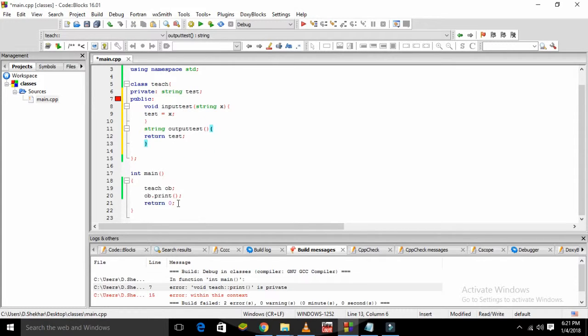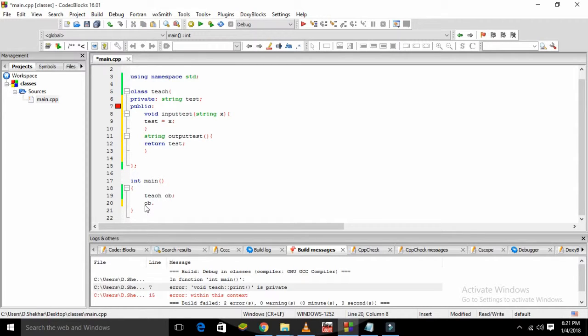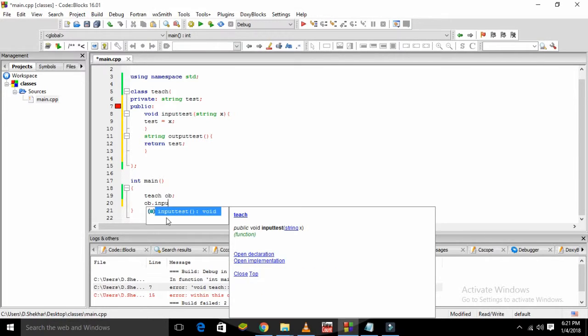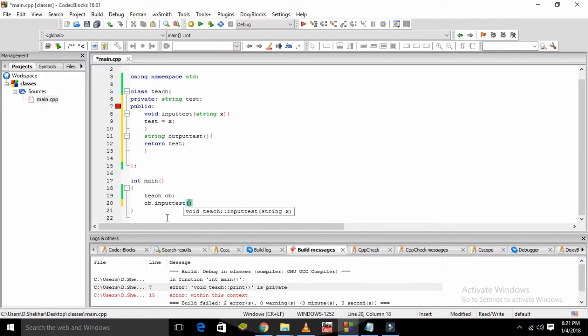Let's try to test it, okay? Let's suppose I want to feed an input to that private string test. Let's try doing this, okay? ob dot input test, and let's suppose I want to feed it play, and that's all. And now what I'm going to do is cout